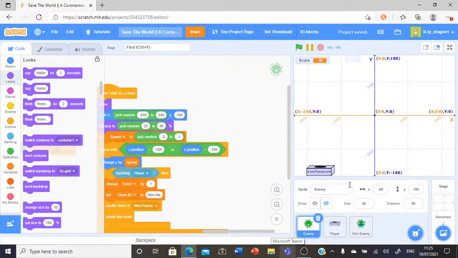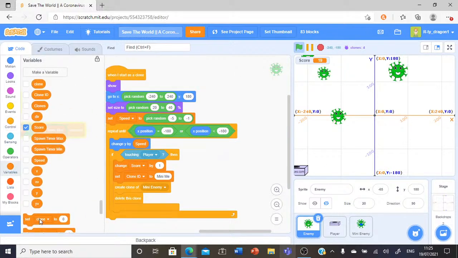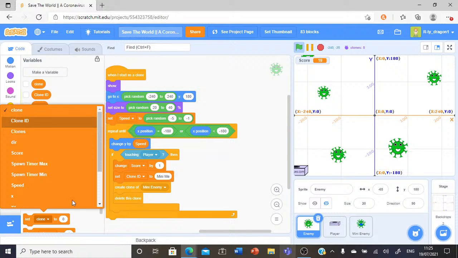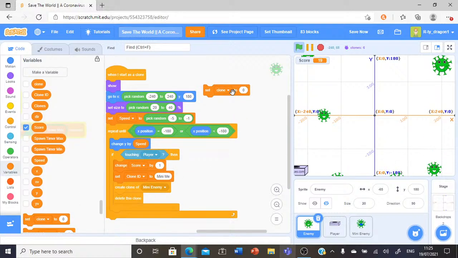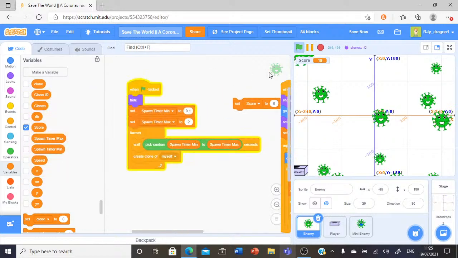Hide at the beginning. Yeah, we delete this clone. When this is clicked, we're gonna set this very quickly. Set score to 0, and